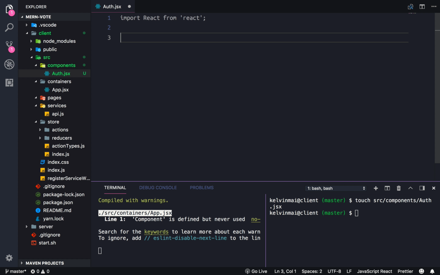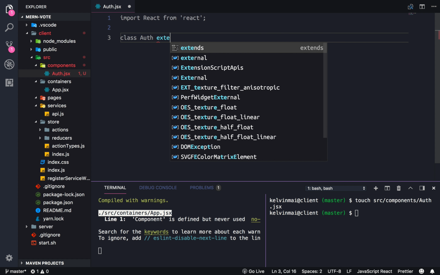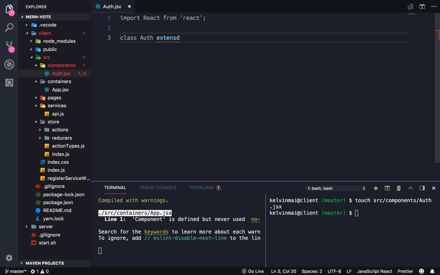and auth is going to be a smart component, so we want to have access to state as well as the lifecycle hooks. So componentDidMount, and I believe that's the only one. All the other ones are deprecated now, from what I'm aware of. But let's do this. Extends, if I could spell, React.Component,